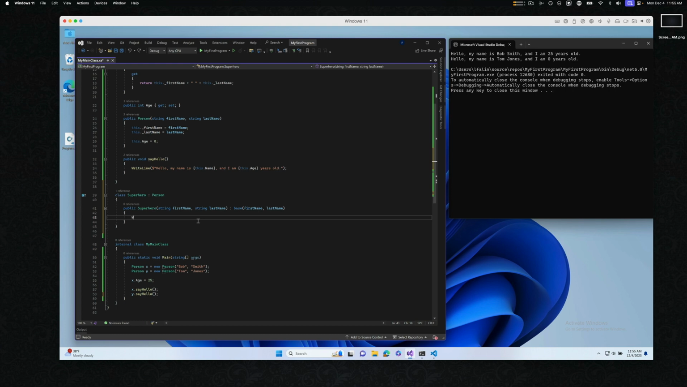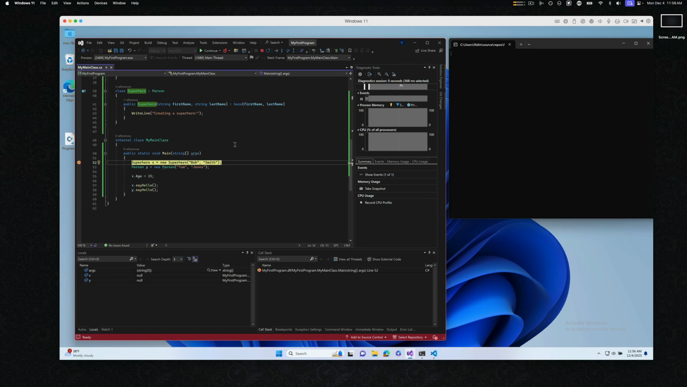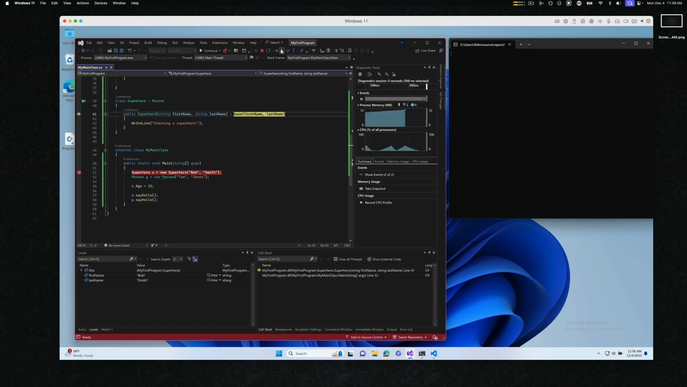So let's see an example of this. I'm going to add a little note here, creating a superhero, so we can see what goes on. We're going to change X to be a superhero. So I'll put a breakpoint here so we can see what happens. So I'm going to create this new superhero. When I create this and I step into it, I see that I'm going to go to this constructor,